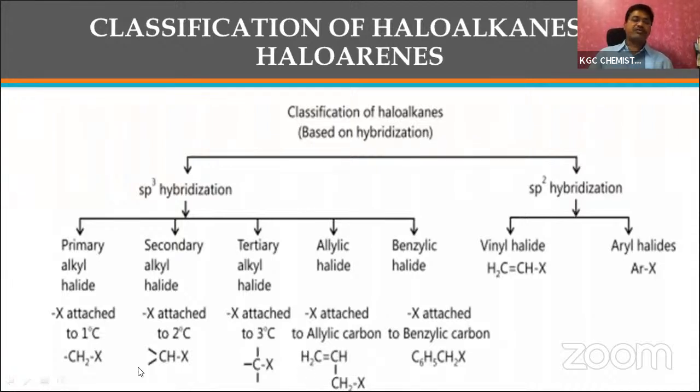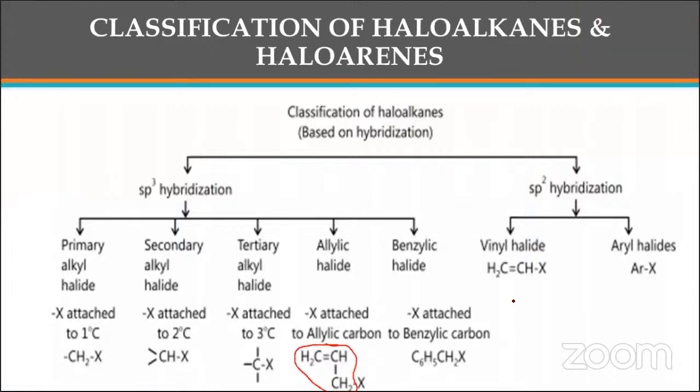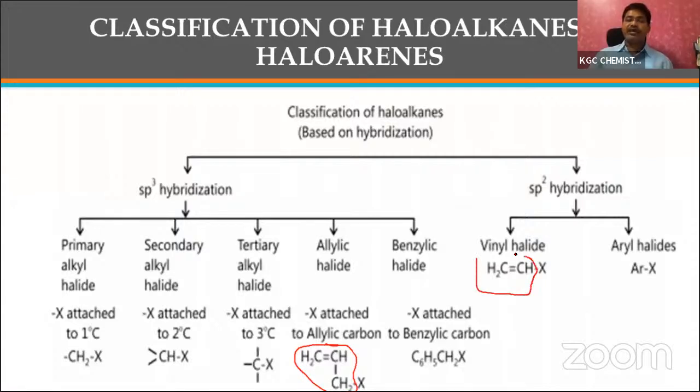And if you see this group, this is said to be the vinyl group. For this vinyl group, if you add one more CH2, that is one more carbon, that is going to be the allylic carbon. This is the vinylic carbon, this is the allylic carbon. If the halogen is present directly on the double bonded carbon atom, that is called vinyl. If the halogen is present here, at the third carbon atom, then it is called allyl.